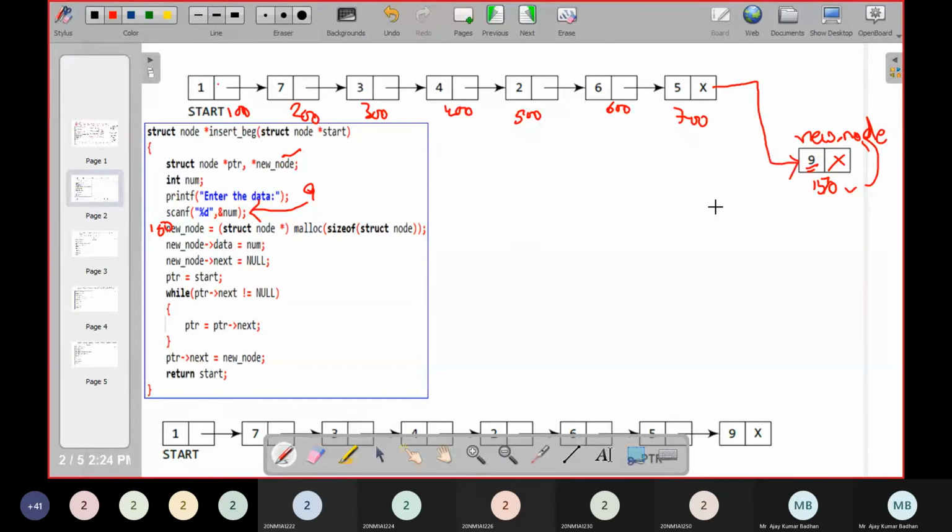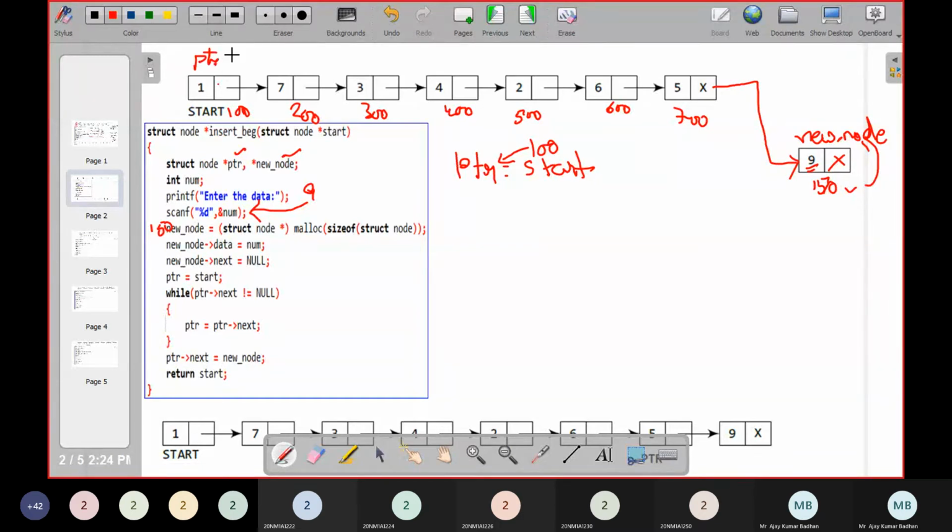So how can I provide a connection? As I told you, I'm going to use a pointer variable here, PTR. I have declared it here: struct node star pointer. Initially the pointer will be pointing to the starting node. What is the starting node we have? So pointer will consist of start. What will start consist of? The address of that particular node, that is nothing but 100. So I'm just going to add it here, 100. So now the pointer is pointing to address 100. So right now the pointer is here.